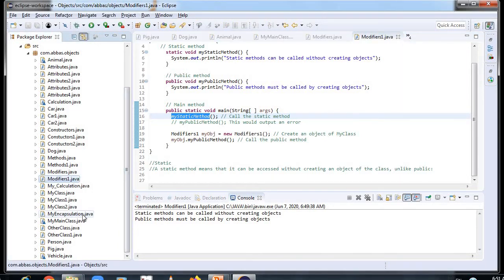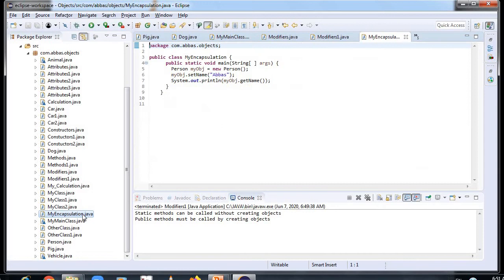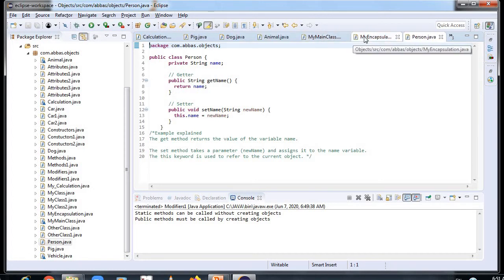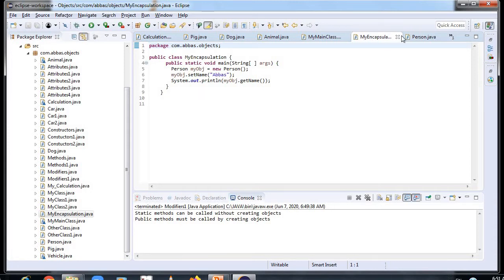Here it is, MyEncapsulation, and there's one more program by the name Person. Here it is. Yeah, so we had finished our modifier, so we'll just close it. So, Encapsulation and Person.